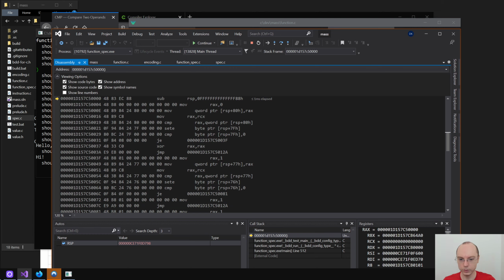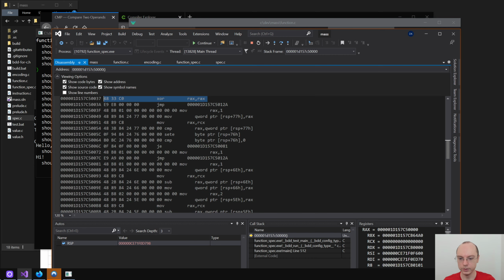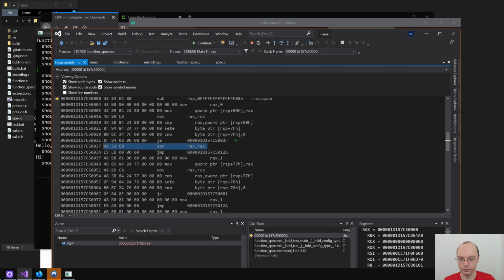Cool. So we have this XOR now, which is pretty neat. But we do still have some